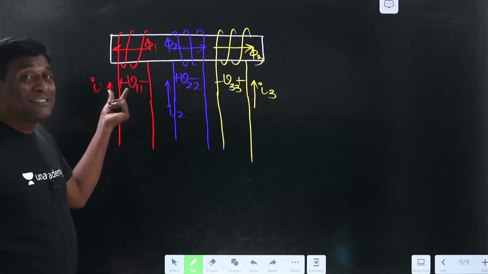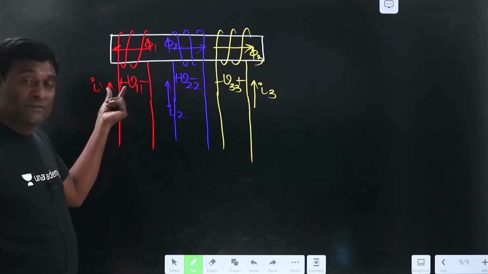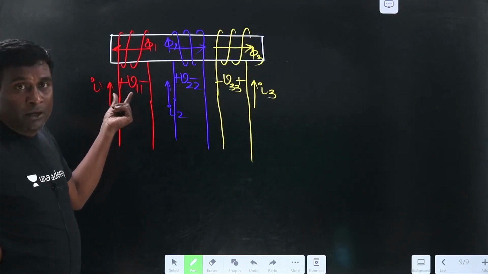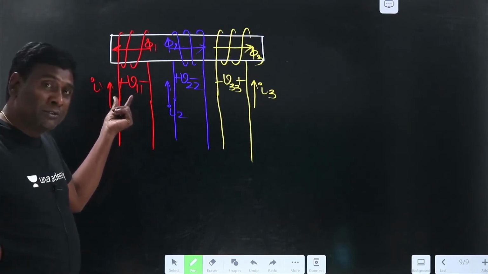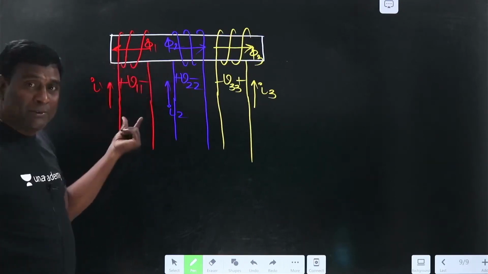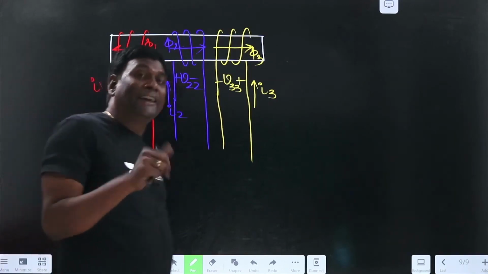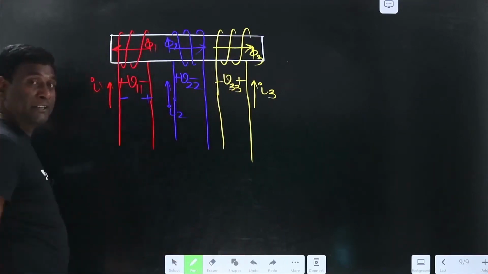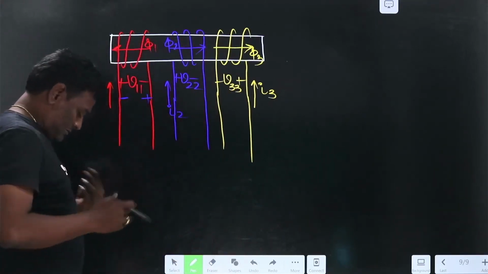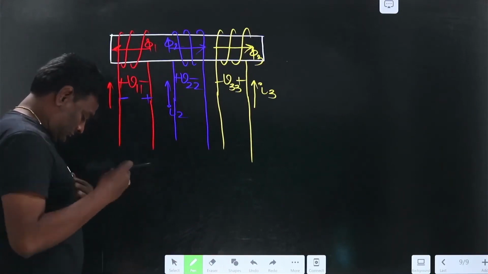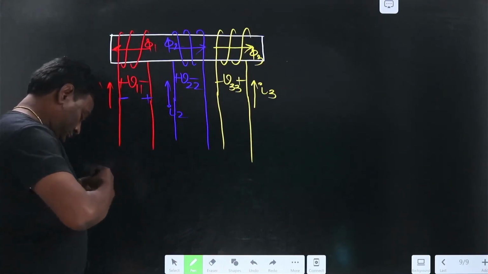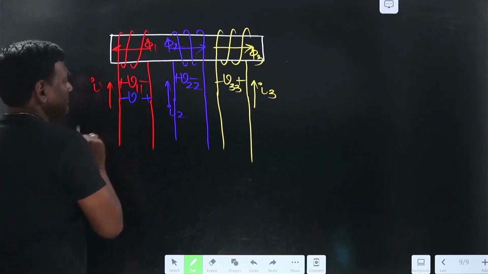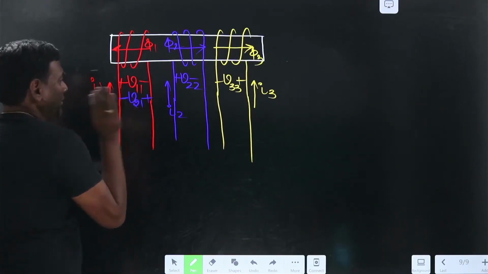Now because pi 2 is in opposite direction with respect to pi 1, because of the presence of pi 2, net flux is reduced, meaning that net induced voltage should be reduced. So because of pi 2, an induced voltage will be there here, and that induced voltage should be against the self-induced voltage. So plus will come here, minus will come here, against the self-induced voltage. So this is going to be V because of 2 in 1.